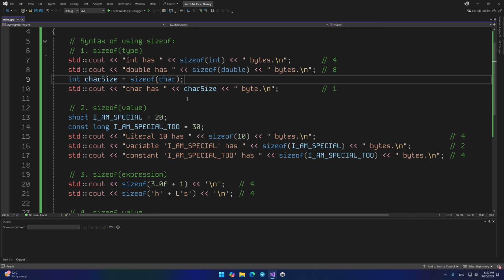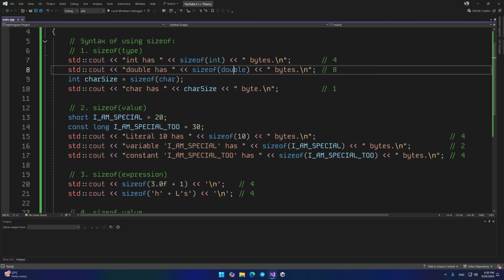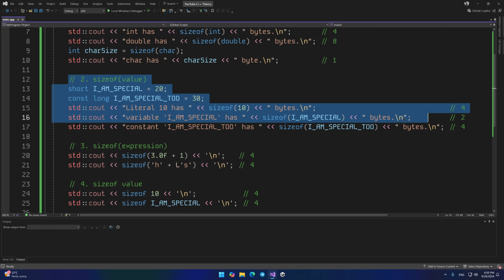Here you can see how I use this word several times. Each time, I specify different data types. Personally, in my system, these types take up this many bytes, so I see these numbers. Yours may be different. In the second option, you can specify a value.